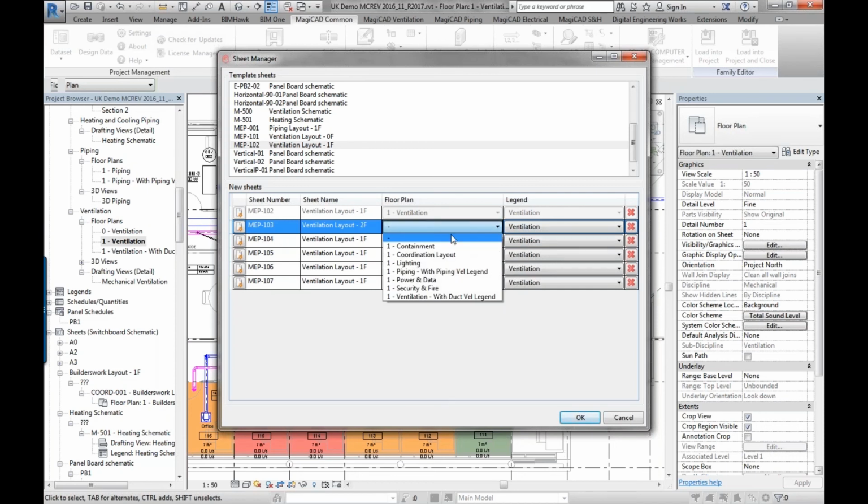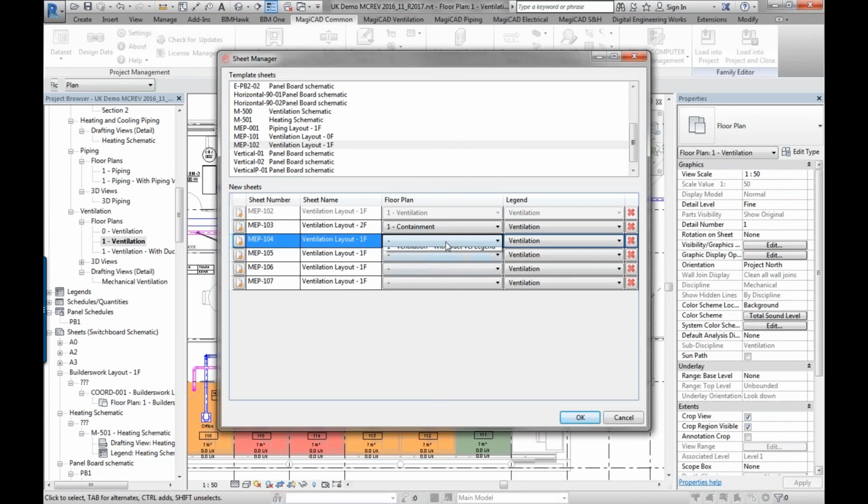You just create all the different views. So if you had 10 stories, or in this case 7 stories, let's say, of building, you could choose your ground floor ventilation, or first floor in this case, and then create a bunch of sheets on top of that, and you just press OK, and it will create the sheet exactly as per that template